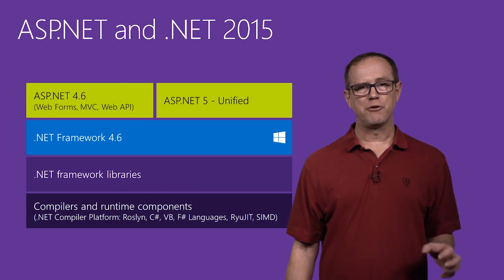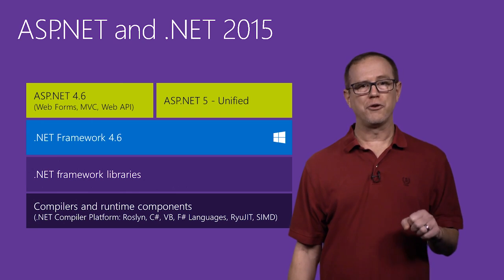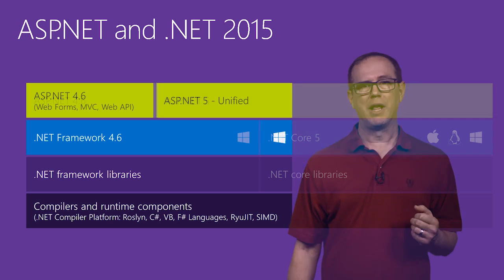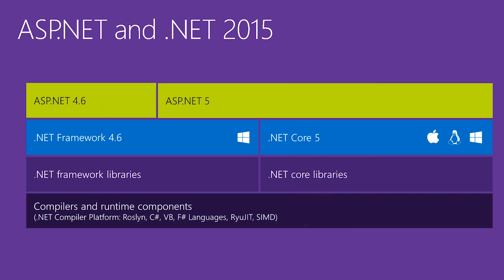ASP.NET 5 is a brand new framework that also runs on top of the existing 4.6 framework that you're used to. But it also has the capability of running on top of .NET Core. .NET Core is a new version of the .NET framework that runs on Windows, Mac, and Linux. It's also different from the standpoint that it brings its features in via packages, which allows us to make the framework much, much smaller. And ASP.NET has the benefits of being able to run both on the full 4.6 framework